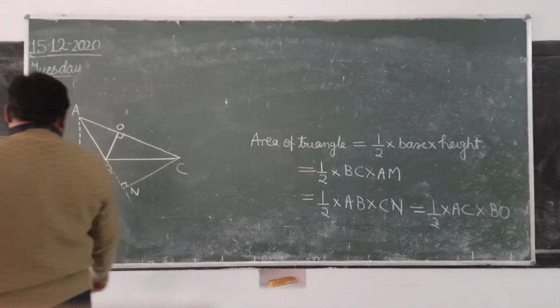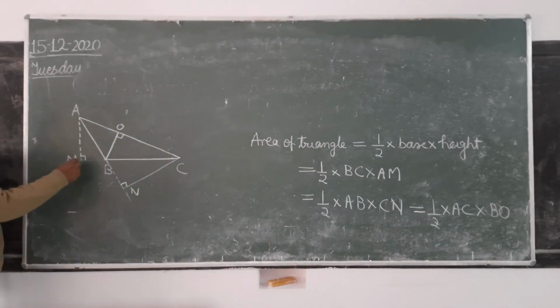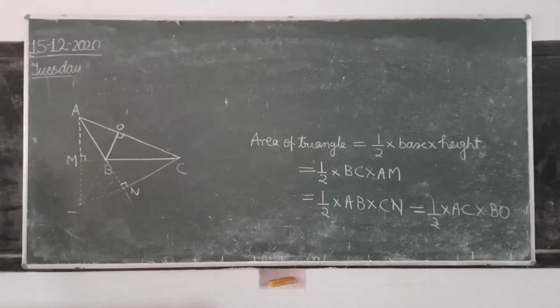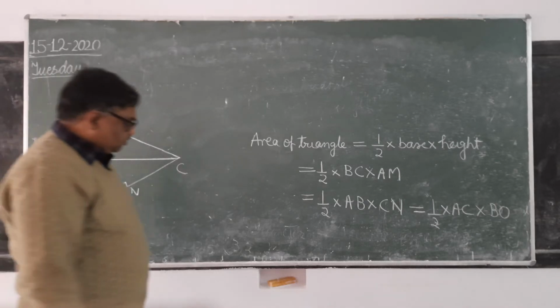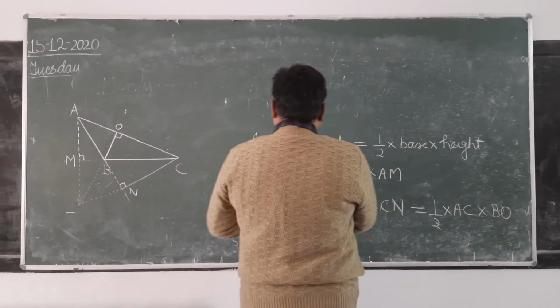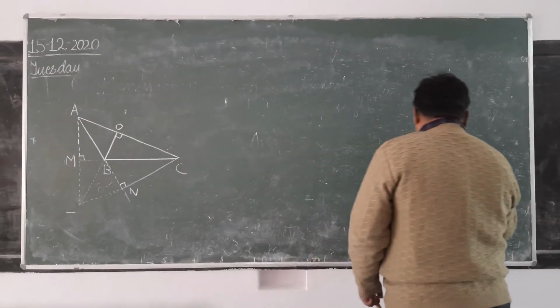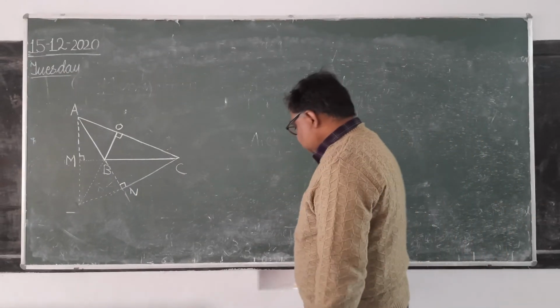Now if you join all the three perpendiculars, you can see here, they will pass through a common point. And this point is known as what? It is the point of intersection of altitudes, which is known as, this I will explain, the orthocenter. Point of intersection of altitudes is known as orthocenter.